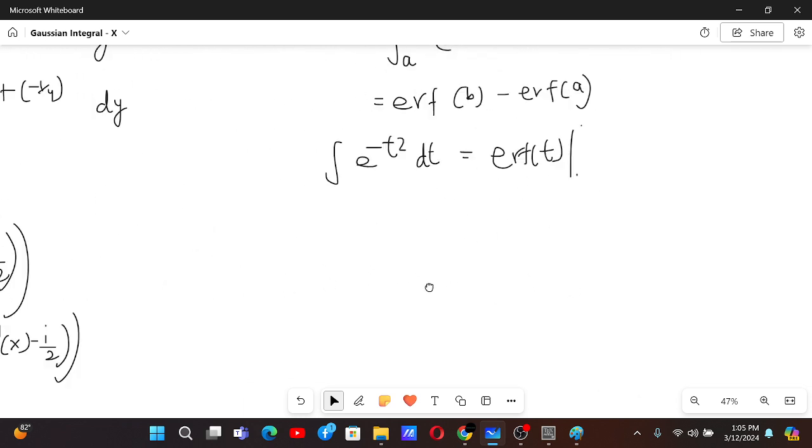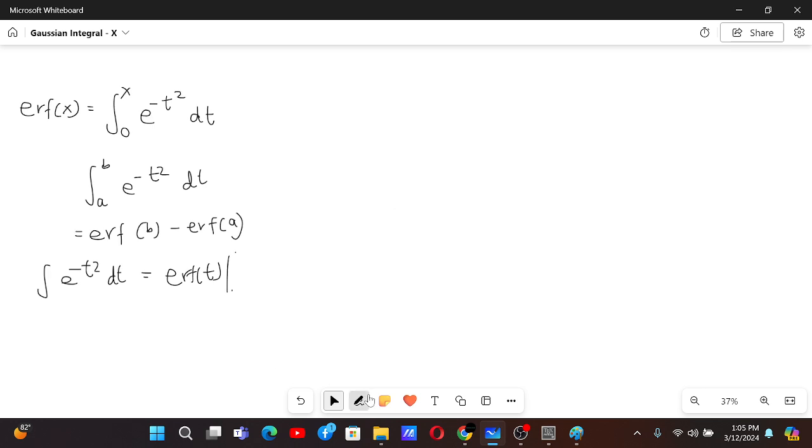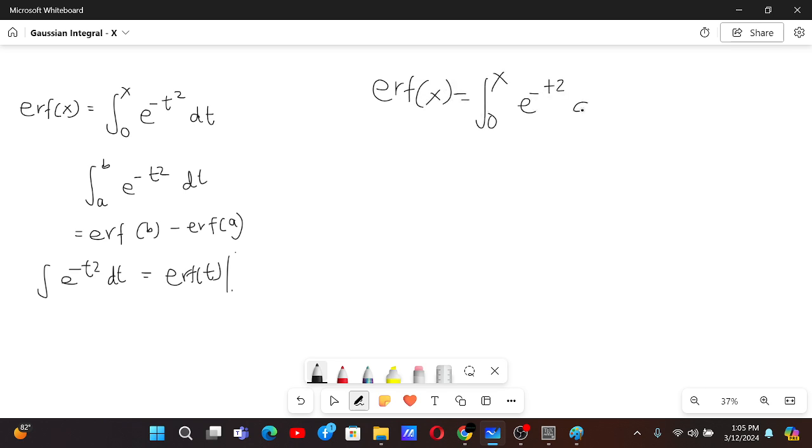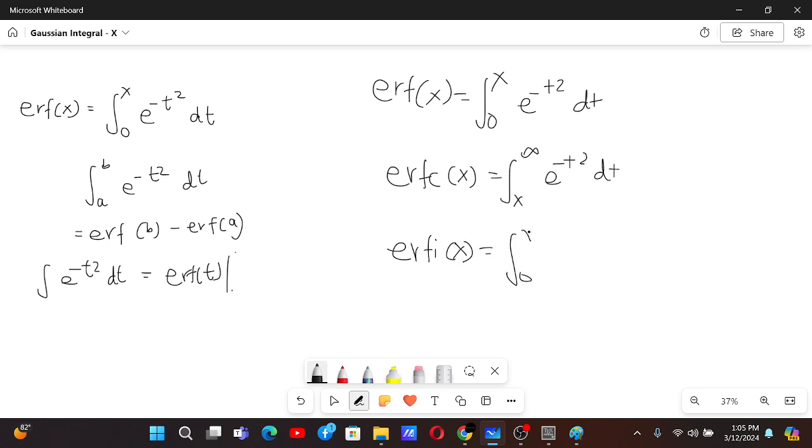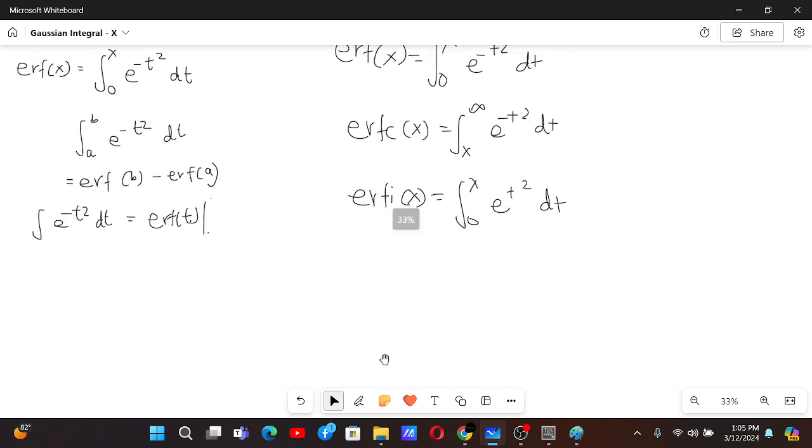Let me show you why and how. So basically our erf function is defined as integral from 0 to x of e to the power minus t square dt. Similarly, our erfc function, the complementary error function, is defined as integral from x to infinity of e to the power minus t square dt. Similarly, our imaginary error function is defined as integral from 0 to x of e to the power t square dt. There is no negative sign over here. And from these definitions, you can derive yourself easily that